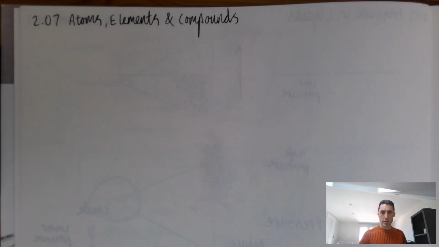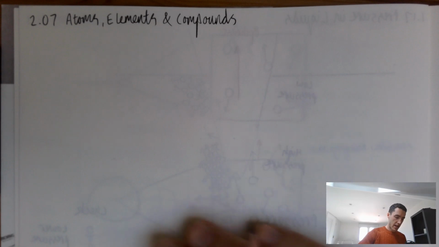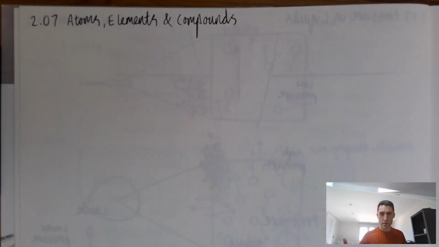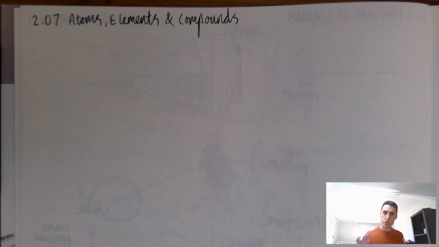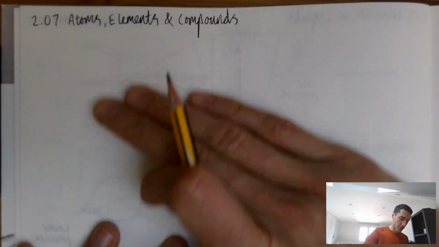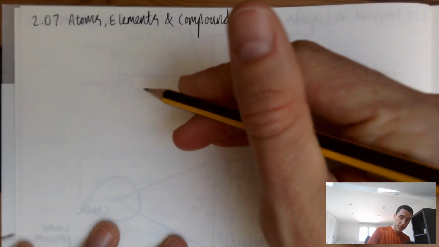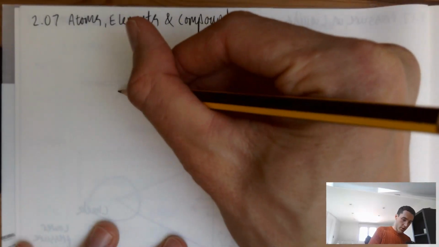Now, I think it's quite helpful to start with the picture of the world that we had before chemistry was an established discipline, and we've covered this already in the first unit, in particles and energy, which was unit 1. But I think it's worth returning to just so students are really, really clear what we mean by elements. So I like to start with this kind of Aristotelian picture of the universe